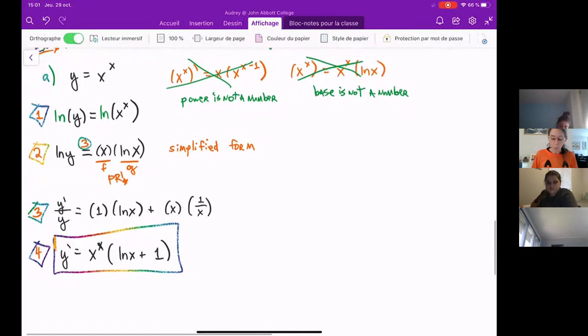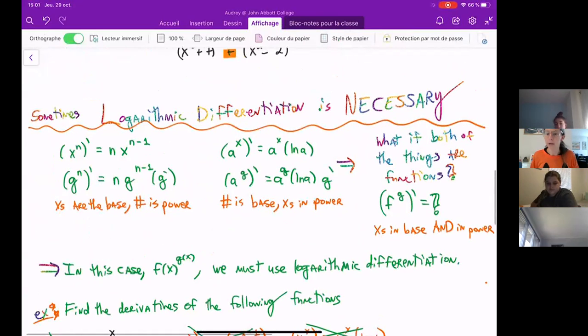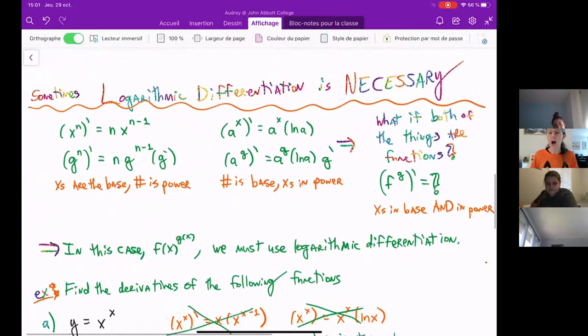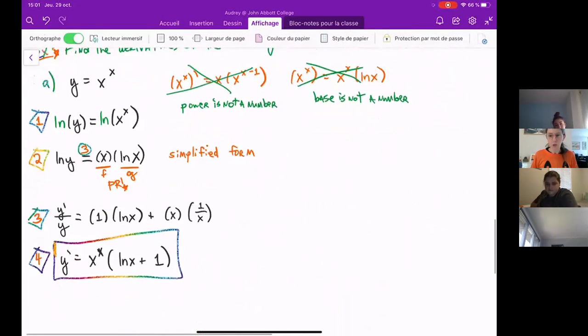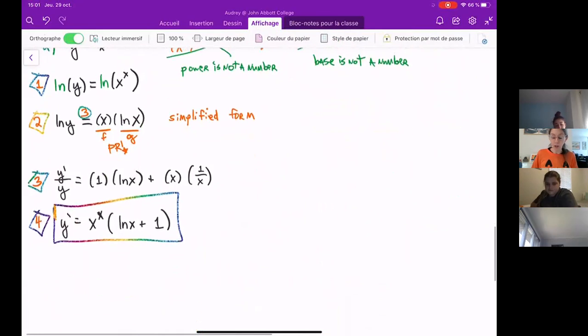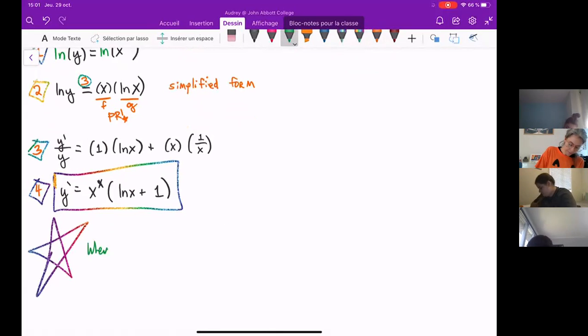But when you are doing logarithmic differentiation because it is necessary, because you have to, 100% of the time you will have a product rule. So you should be on the lookout for that product rule. So let's put a big star here and write that down. When you are doing logarithmic differentiation,